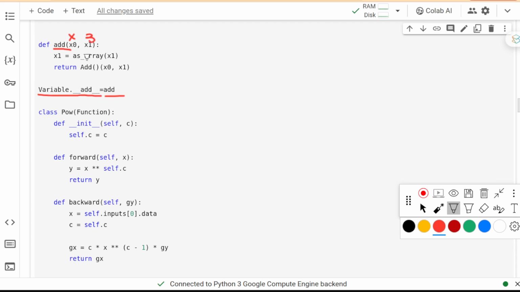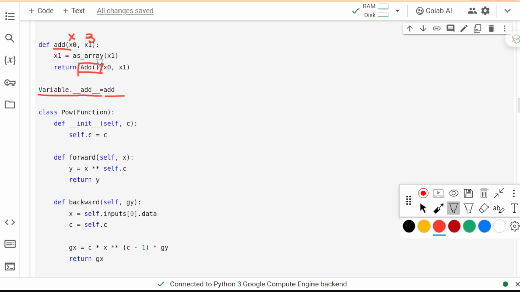So for this function, we need to convert the second one into an array, because it might be 3, like in this example. So we need to first convert it into an array so that we can handle it in the following code without worrying about whether it's a scalar or an array. So we always convert it into an array, and then we generate an add function object.